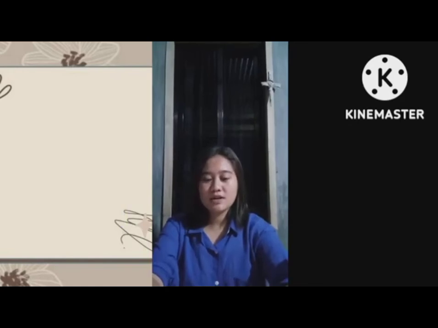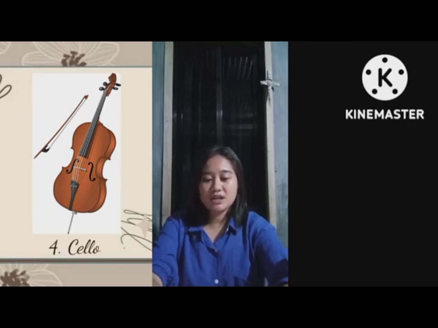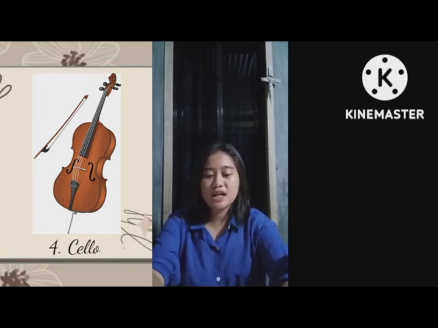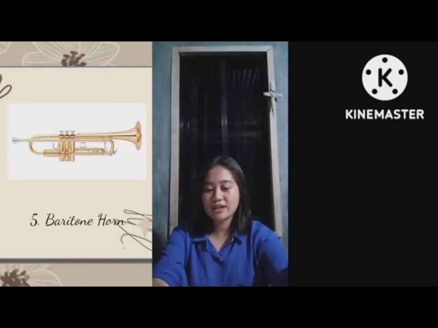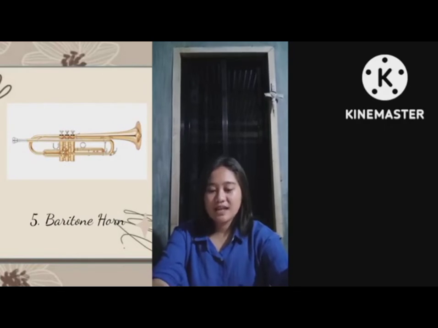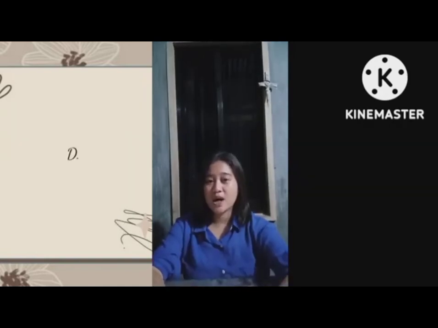Next, we have number 4, cello. It is a bowed and sometimes plucked string instrument. It has a hollow, wooden body with 2 sound holes and 4 strings running along the body and neck. The last baritone instrument is baritone horn. It is a wind instrument that consists of a brass tube, usually of variable length, that is blown using a cup-shaped or pipe-shaped mouthpiece. Next group, we have soprano instruments.